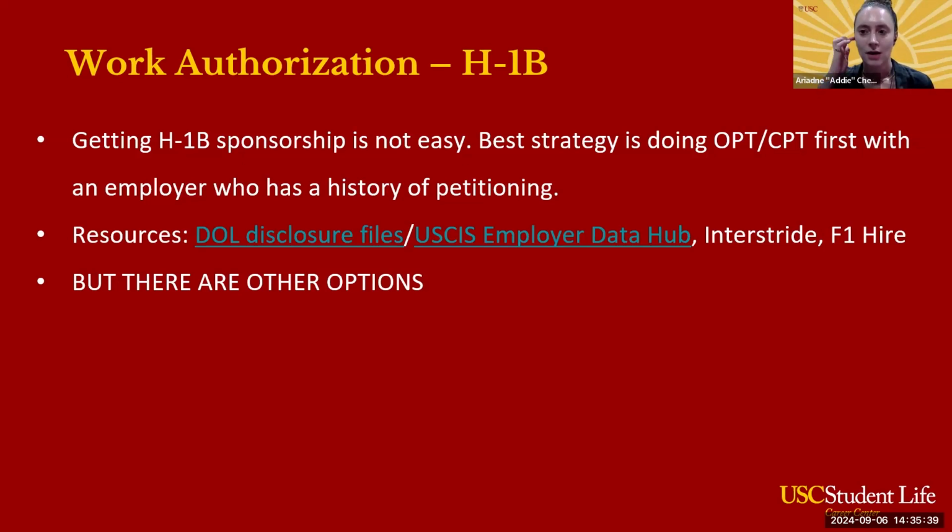It's usually pretty low. So I always remind my students to try not to put all of your eggs in one basket, because if you're so focused on just H-1B, you're going to be setting yourself up for a lot of stress and potentially disappointment, and a lot of it's out of your control. So I always recommend that you think about all of the different pathways that you can take to achieve your career goal. Getting H-1B may be one pathway, but maybe another pathway is